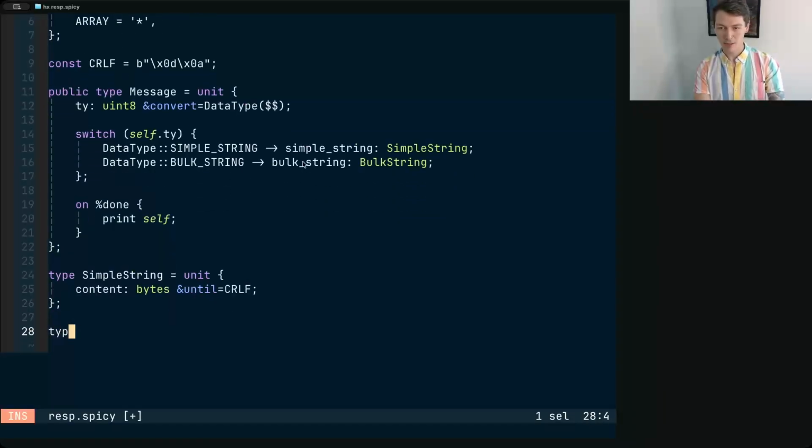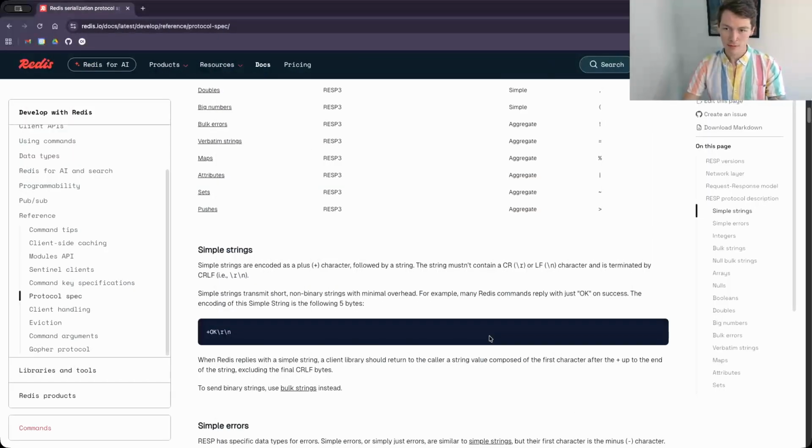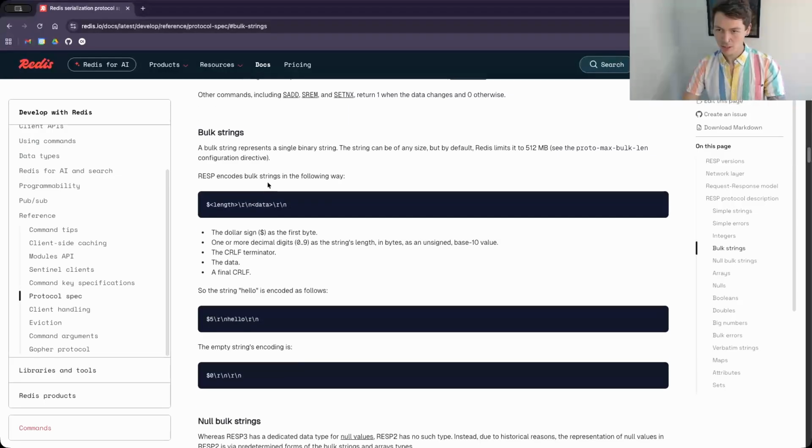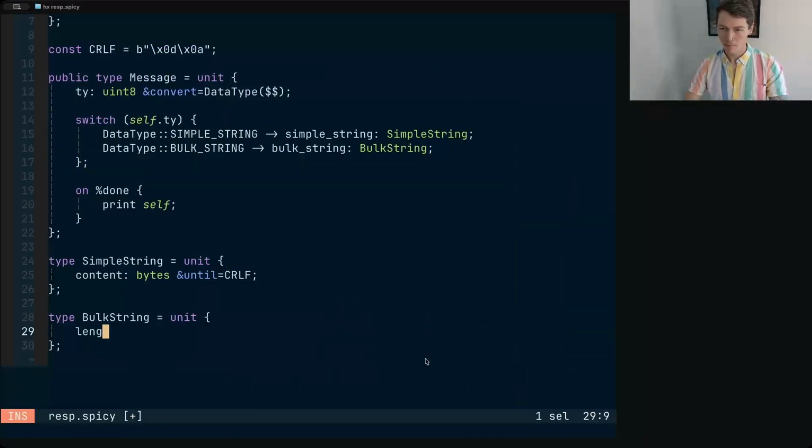Alright, now to make this unit, it's just type bulk string is a unit. A bulk string, if we go back to this, we can actually click bulk string, and then we see that it is a $ sign followed by a length, carriage return line feed, and then data. So I will start parsing a length. We'll just call it bytes because it's going to be in base 10 when we're here on the wire. So we parse some bytes, and then we go until the carriage return line feed,